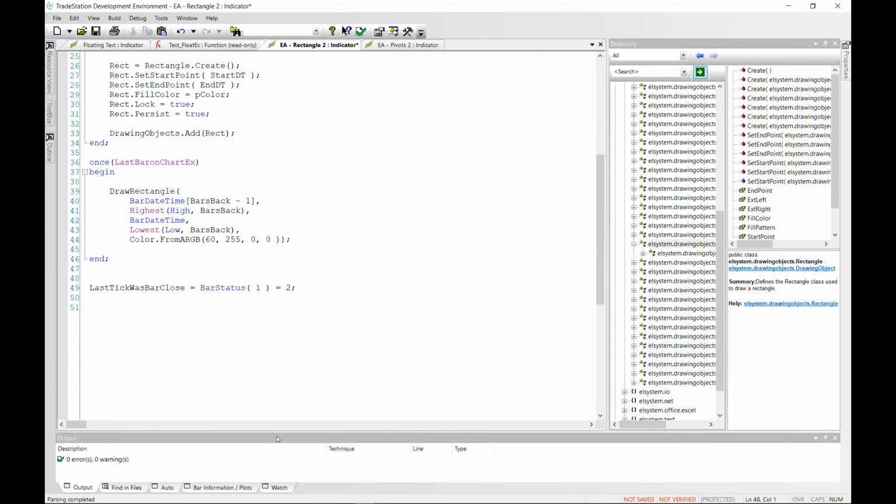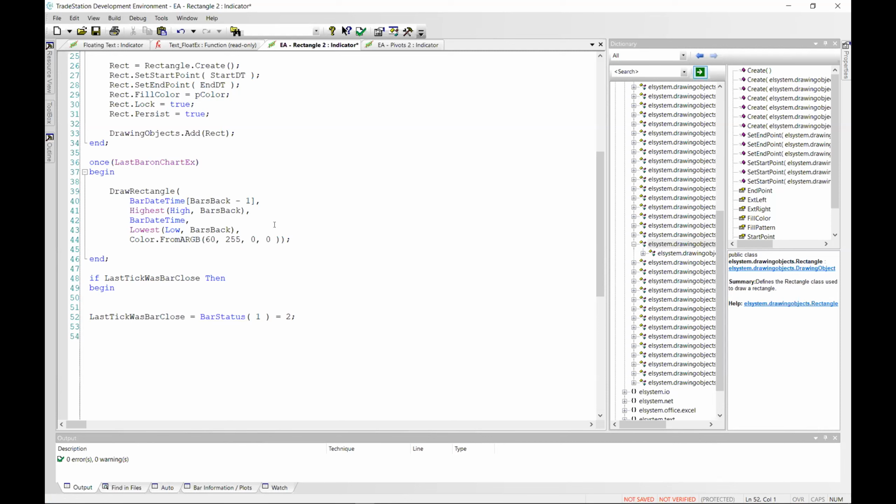Why do I need to know that the last tick was bar close? Well, because if the last tick was the bar close, and now the code's running again, I know I'm on the first tick of the new bar. And the first tick of the new bar is when I want to move the rectangle, right?